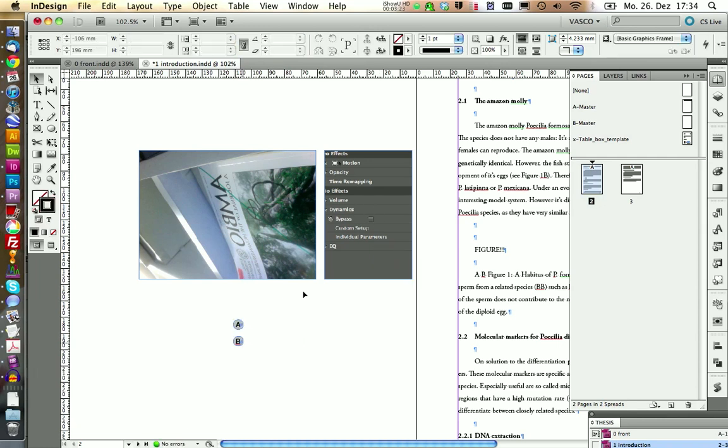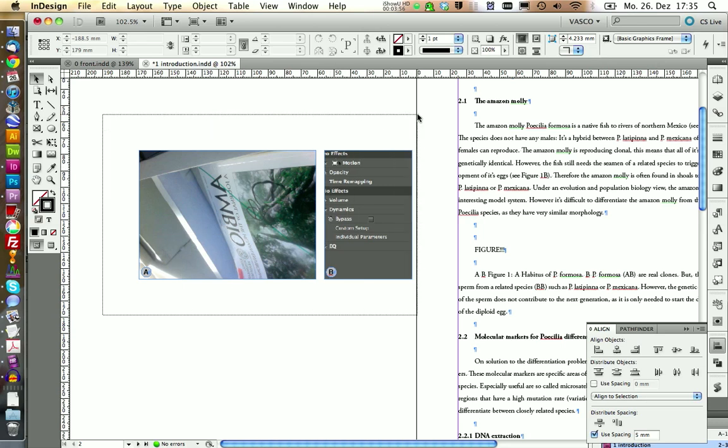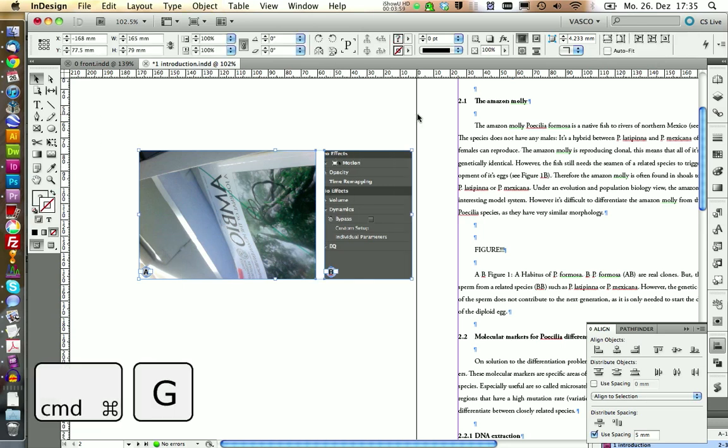Now to get this labeling in the right position on your pictures, you're going to distribute them accordingly, and you select both the labeling and your picture and you align them to the left and to the bottom. You do the same with picture B. And then you select both picture labels and move them up 5 keystrokes and move them to the right 5 keystrokes. Now we can select the whole thing and press Command G to group it as one object.